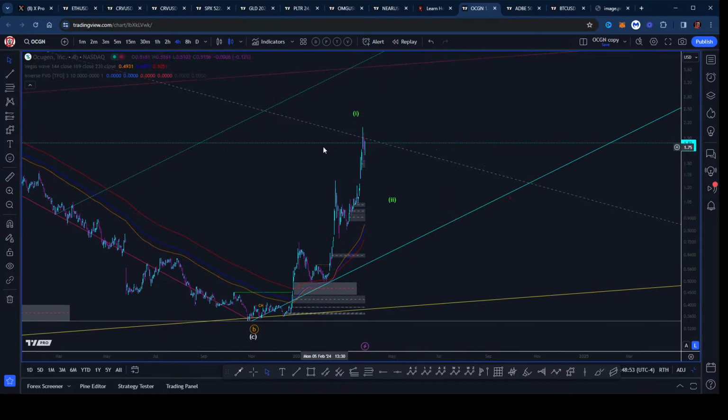Now, okay, let's slow down for a second. That's a lot of SMC. What about the Elliott Wave? Well, what about it? Is this complicated? Well, it looks like that could be a triangle 4. Is that complicated? This is, again,